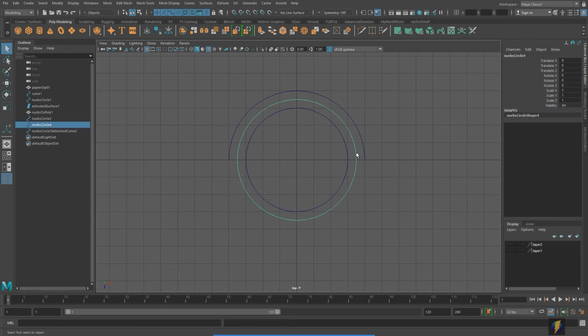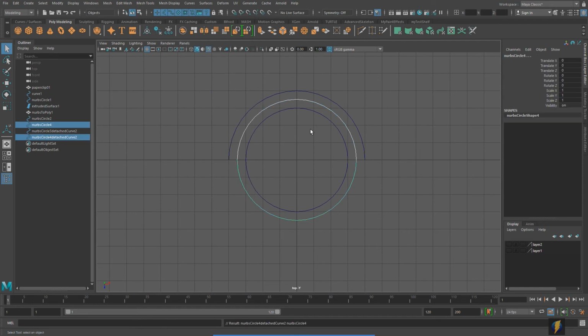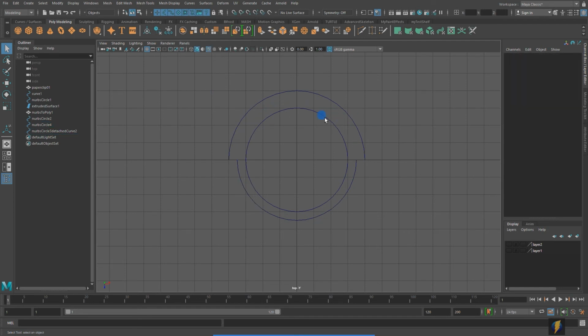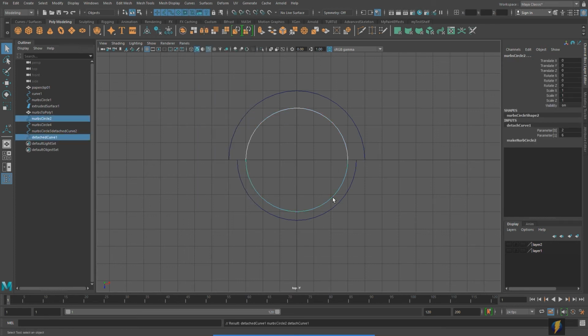We'll do the same to this one now. Select its edit points, Curves, Detach, and we'll select our last one. Select those edit points, Curves, Detach,